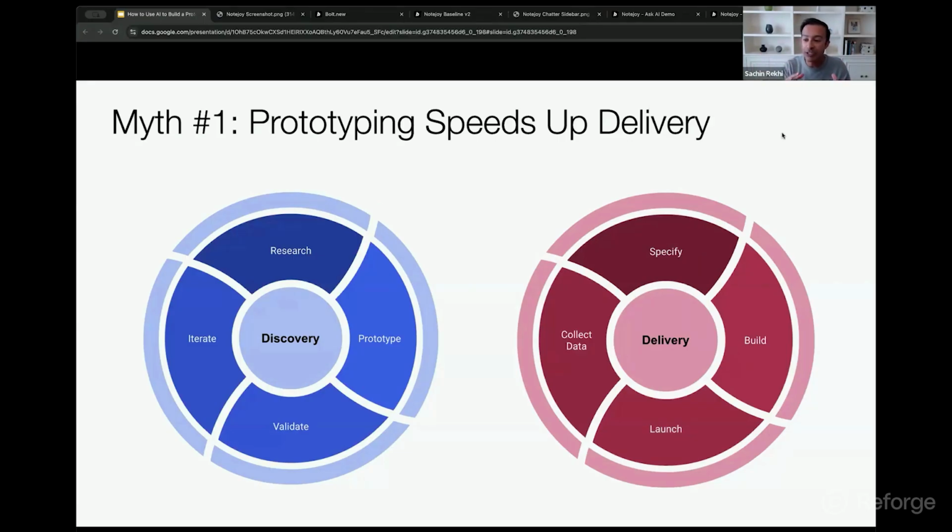The idea is these prototypes get us way faster to understanding our customers, what we could possibly build for those customers, validating with our customers, and making it so we can build a better solution faster. And so it's that discovery process that's being accelerated by AI prototyping, not necessarily delivery. Now, of course, on the delivery side, there's so many great AI tools for engineers to speed up their own productivity, but that's not how I think about AI prototyping in particular.